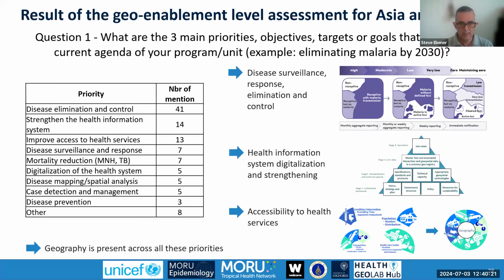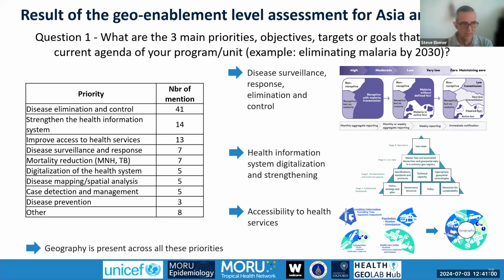So now here is the analysis of the answers received to the first question in the HIS geo-enablement level questionnaire. This question was dedicated to identifying the program units' main priorities, objectives, targets, or goals that drive the current agenda. What I have done here is to classify, to group the priorities. So we had 108 priorities, 36 times 3,